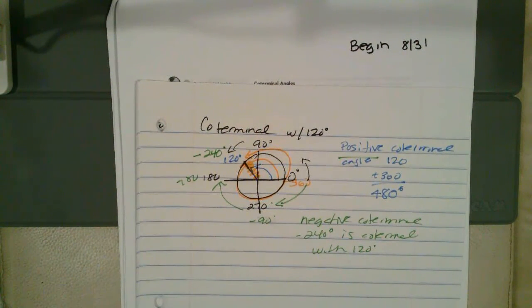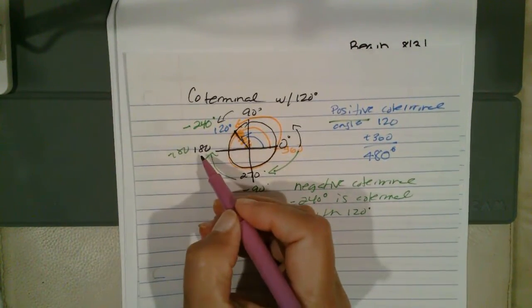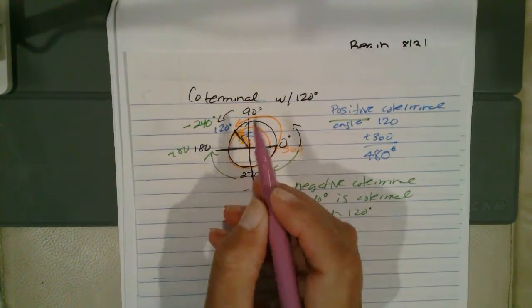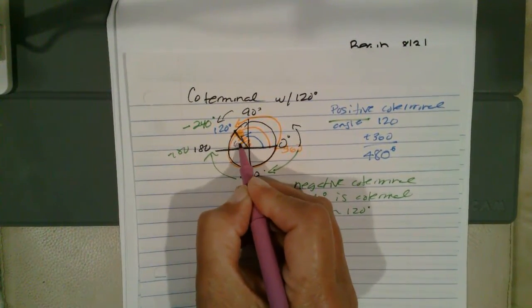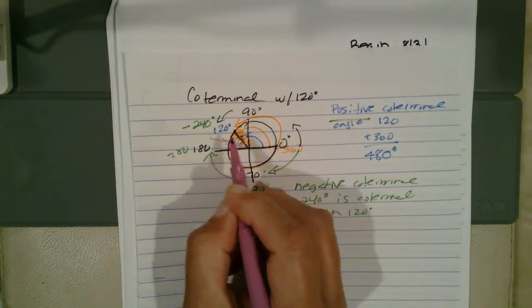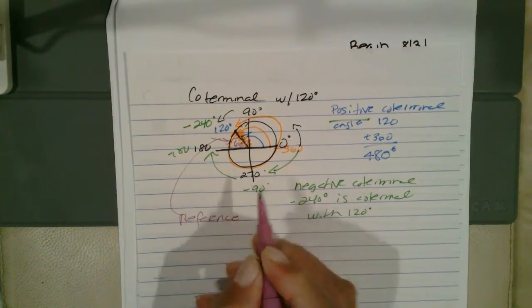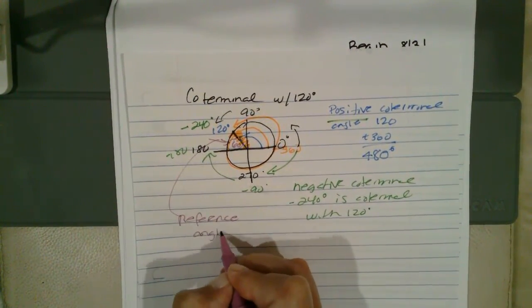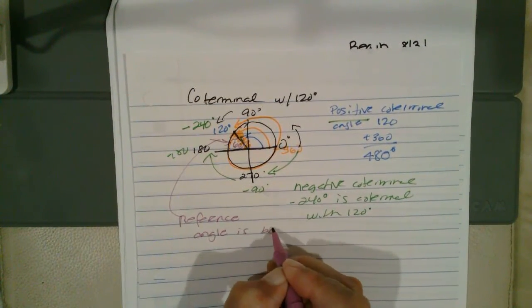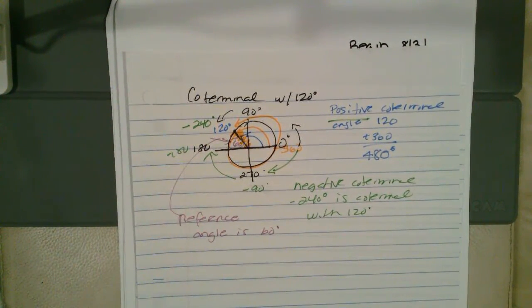Now you heard me mention a couple of times that 60-degree reference with 180. It's how I know how far above or below the x-axis I am. I know that 120 is 60 degrees above 180. That makes my reference angle here be 60 degrees. Reference angle just means how far above the x-axis you are. And it helps you put things in the proper position. So there's one with